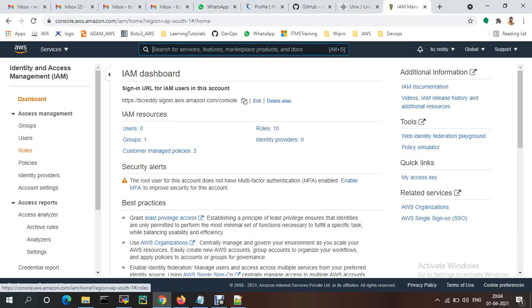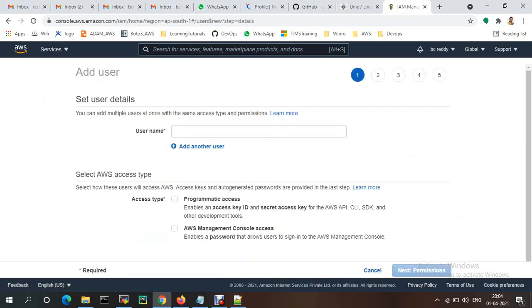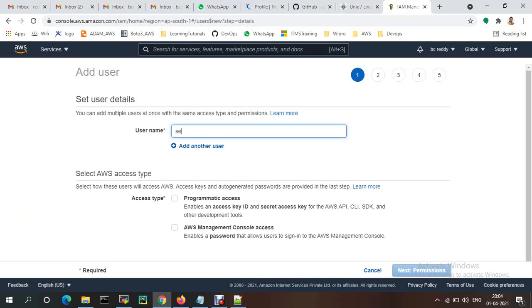IAM roles are for EC2 instances, and IAM users are for other services. Just add a user. For the username you can provide any name, like secret manager with today's date, suppose April 1st. If you have programmatic access, you can give programmatic access. If you need management console access like the UI, you provide that.